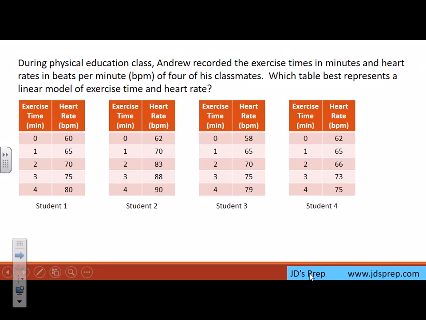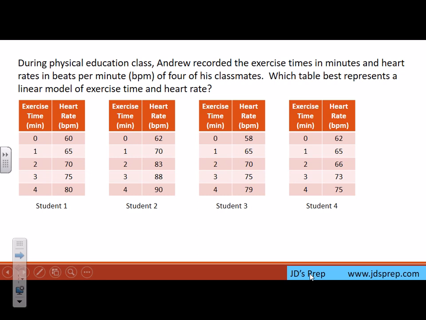Welcome to JD's Prep. In this problem, we're told the following. During physical education class, Andrew recorded the exercise times in minutes and heart rates in beats per minute, or BPM, of 4 of his classmates. We want to know which one of the 4 tables that Andrew created best represents a linear model of exercise